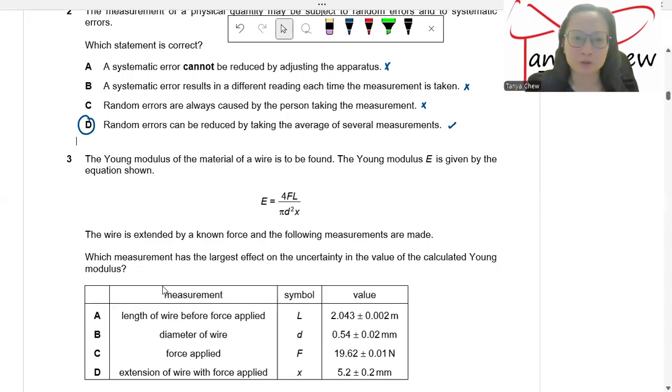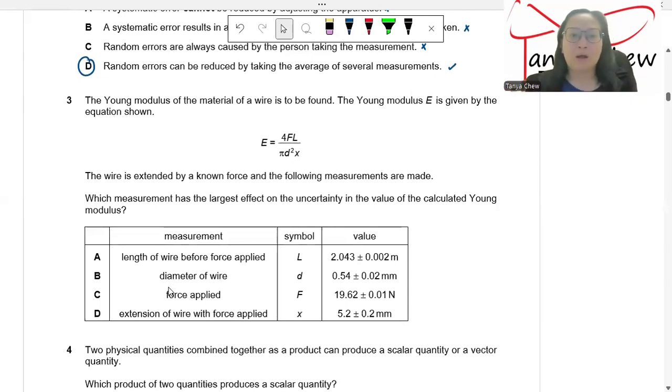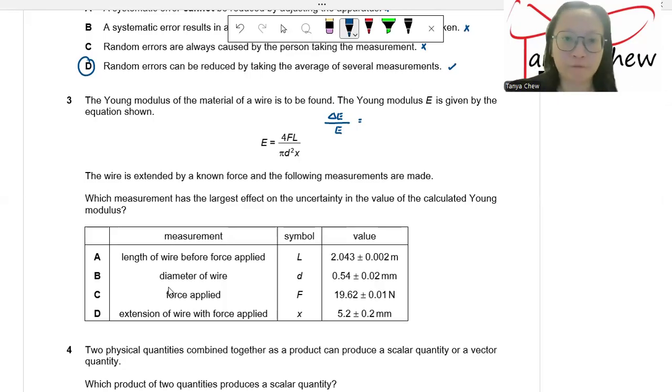So if you want to know which has the largest effect or greatest uncertainty: Young modulus is calculated by multiplication, by division, by power factor. So how do you find the uncertainty in the Young modulus? You just add the fractional uncertainties. So delta E over E, the fractional uncertainty of Young modulus, actually depends on, well, 4 is just a number. There is no fractional uncertainty for 4. Delta F over F, the fractional uncertainty of force,